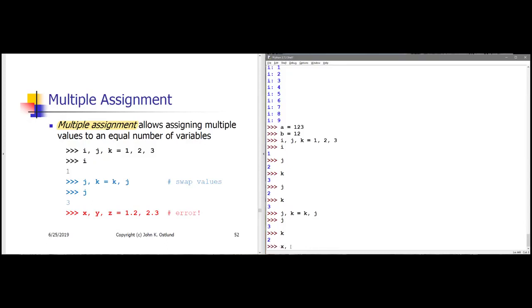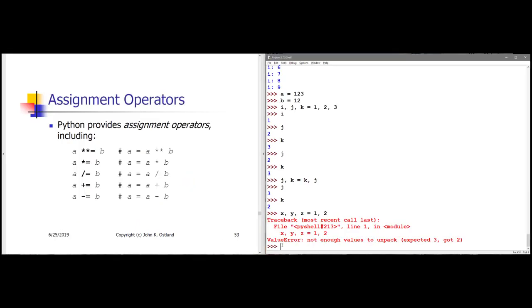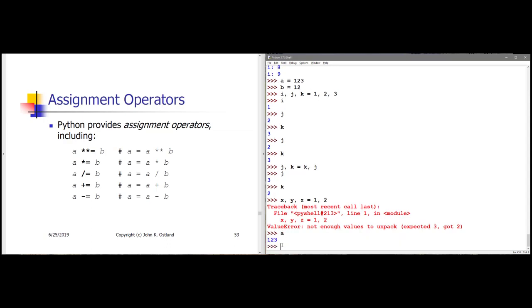It's necessary to have exactly the same number of variable names on the left side as you have values on the right side. If I have 3 variables, x, y, z, but only 2 values, then I get yelled at. As a convenience, rather than having to say things like A gets, well, let's see, do we have an A? Yes, we do. A is 123. Rather than saying A gets A plus 1,